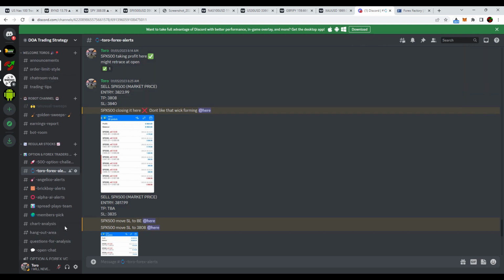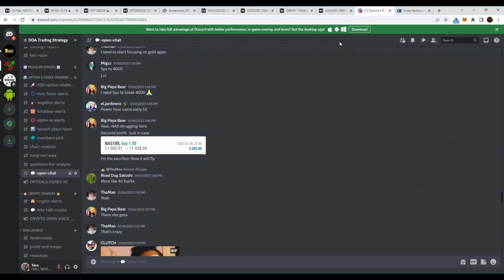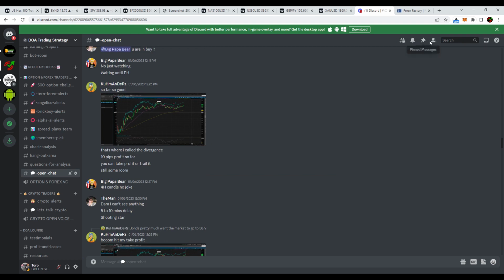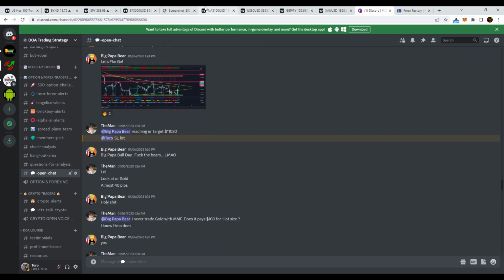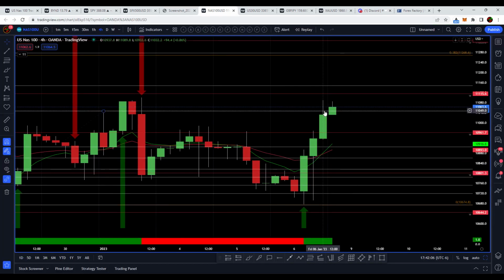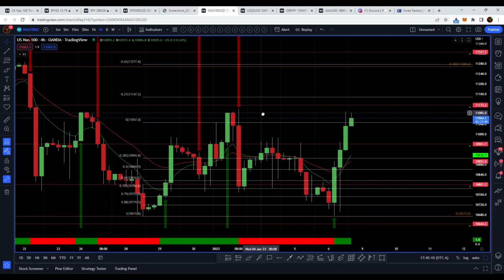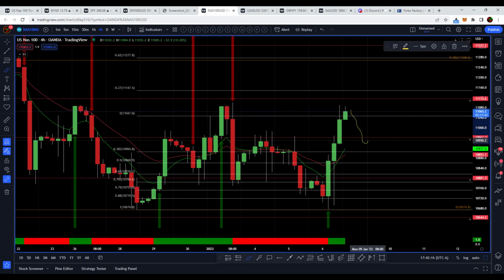How do you search? I think I posted it here. Okay, won't let me click the search. But anyway, yeah, that was my original target for NAS 100, this area here, and we actually just hit that area. So right now, it's looking like a triple top right here. But this is a nice impulsive wave, so yeah, market definitely needs to do some type of retracement before the